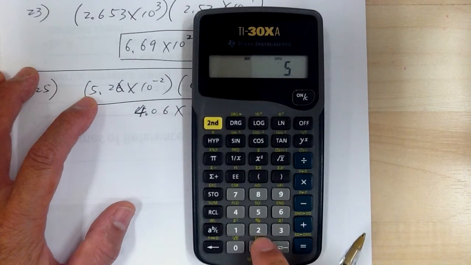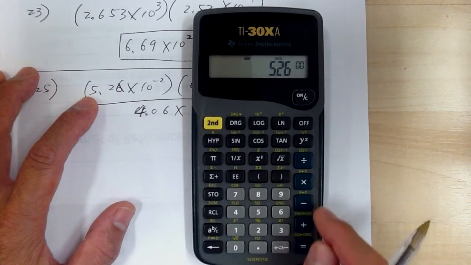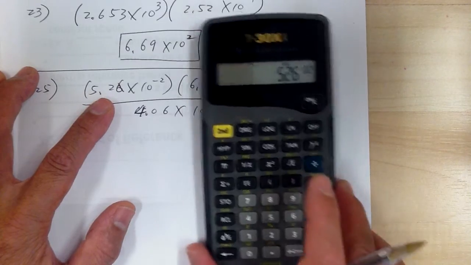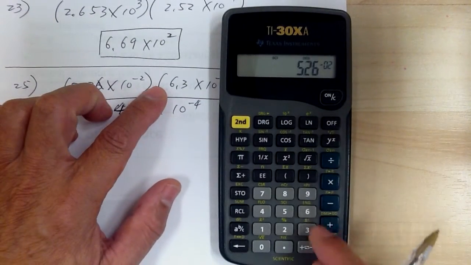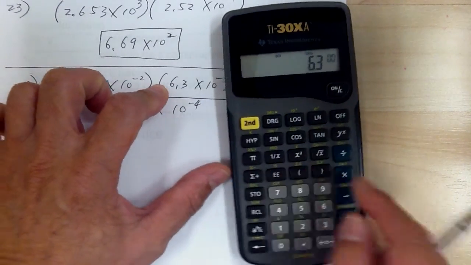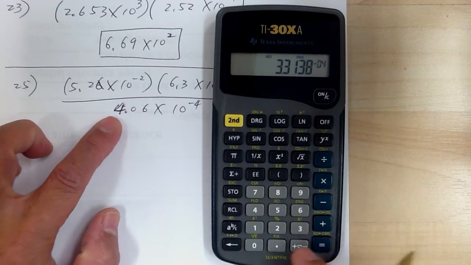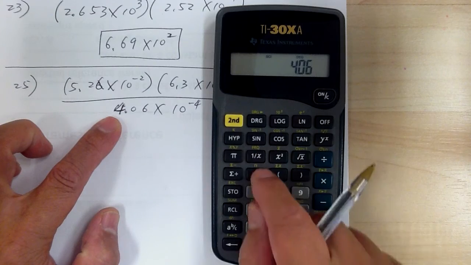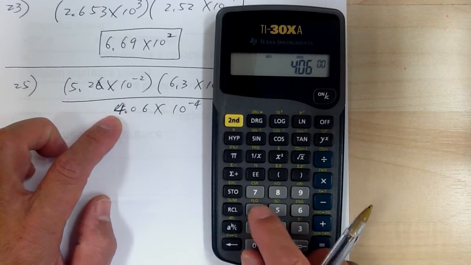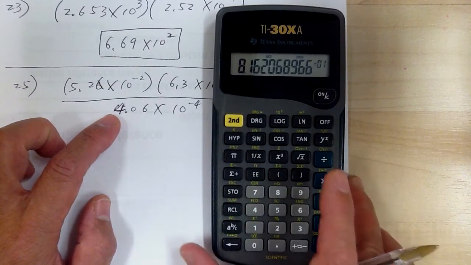So 5.26 EE negative 2 times 6.3 EE negative 3 divided by 4.06 EE negative 4 equals, okay, so